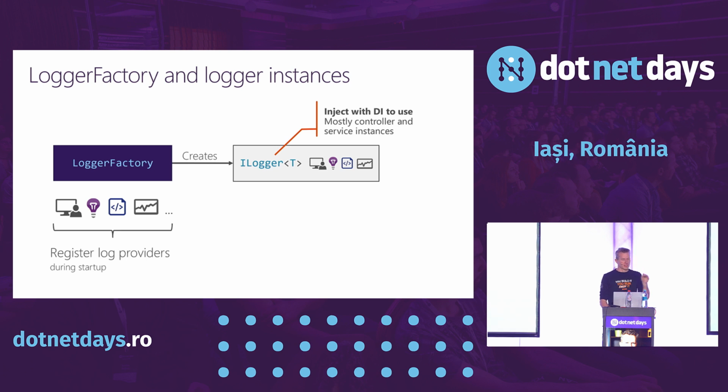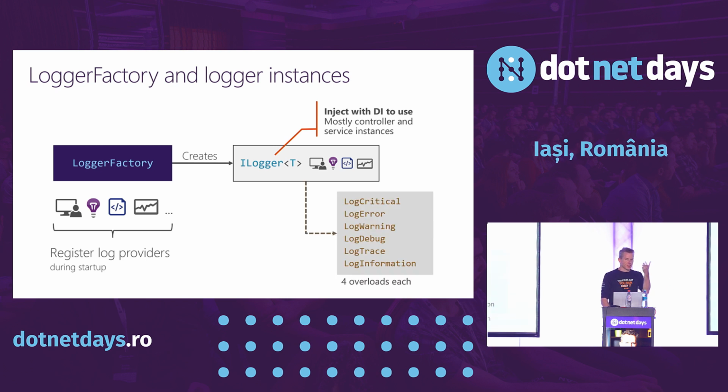So it's always injected into your code wherever you use it, but mostly that's your web controllers for the web API or your web pages, or some component or service that is also constructed with dependency injection. Once you have the ILogger of T instance injected into your constructor, you store the variable, then